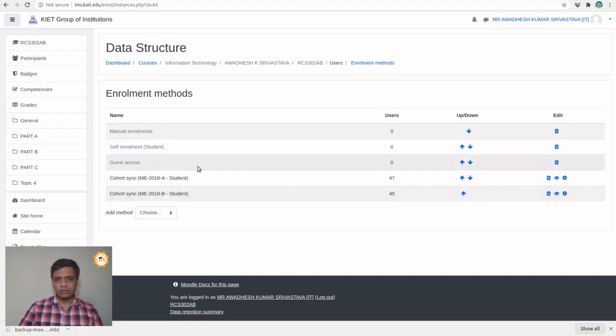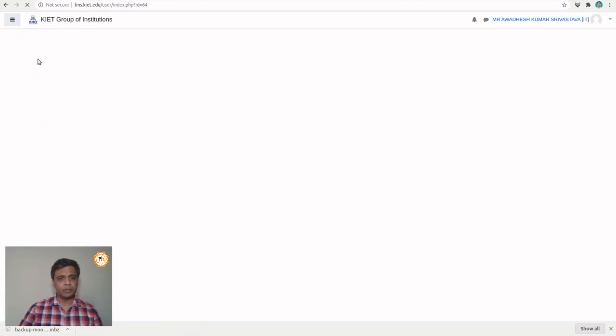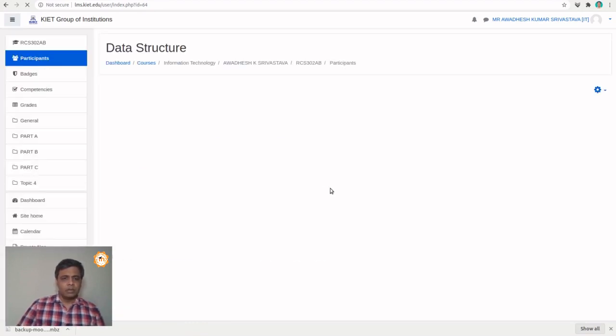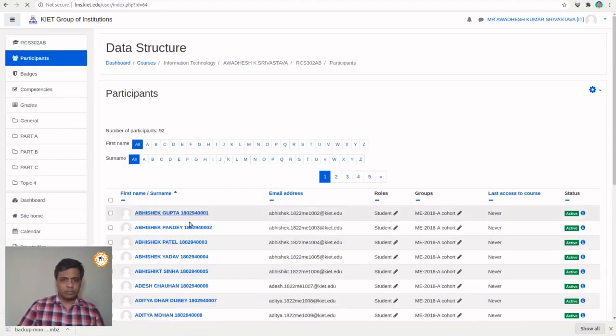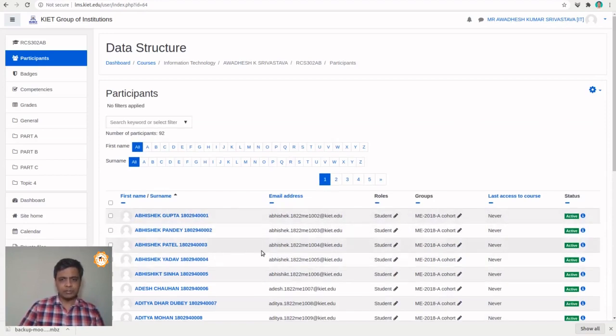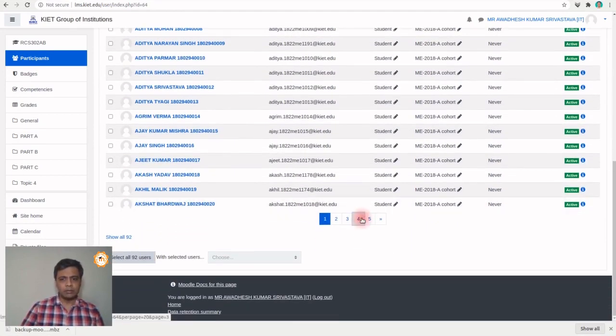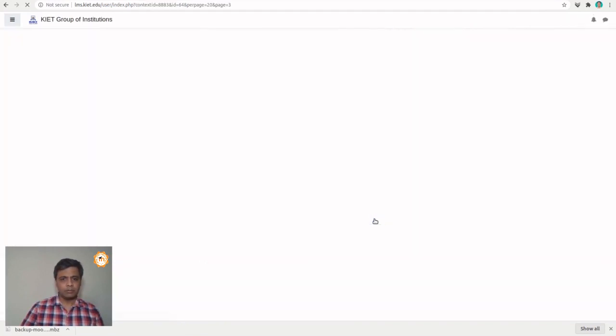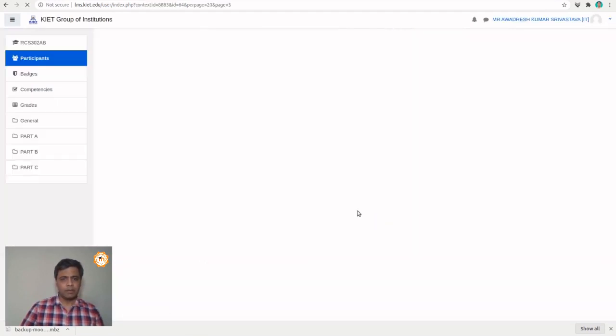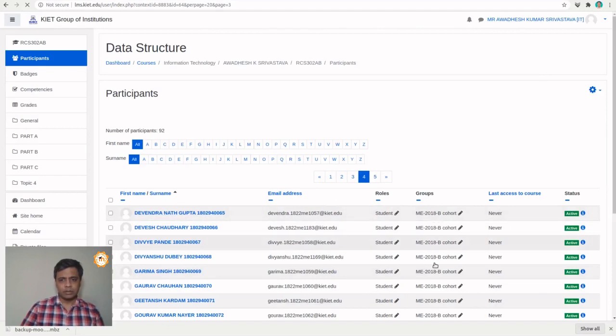Now just to verify whether you selected the appropriate group or not, just click on the participants option here. All the students from section A as well as section B will be appearing here. This is 2018 A, so all these students are from section A, and here are the section B students.